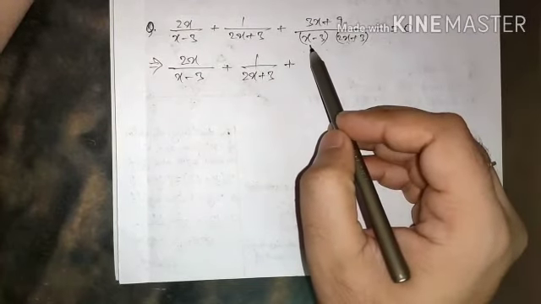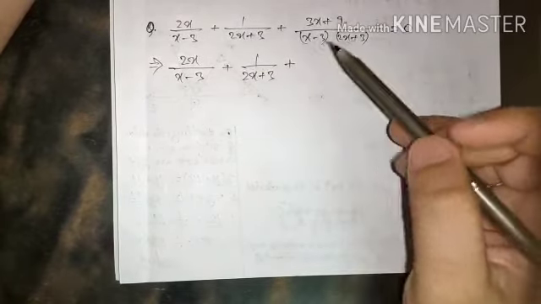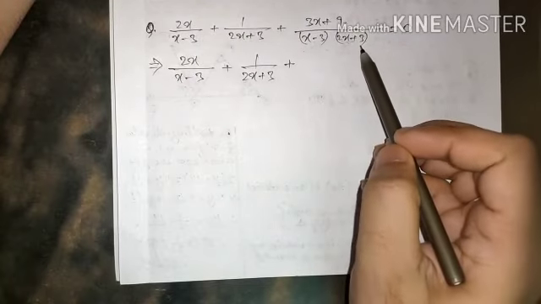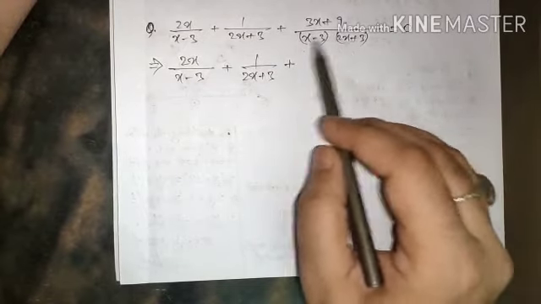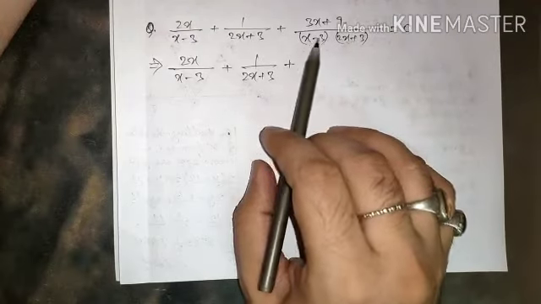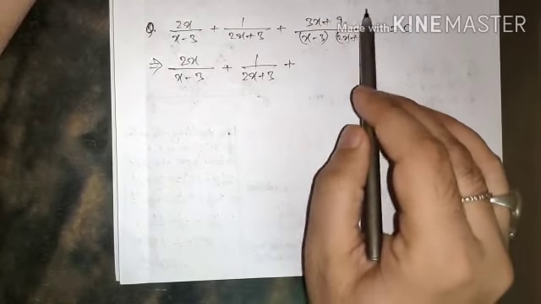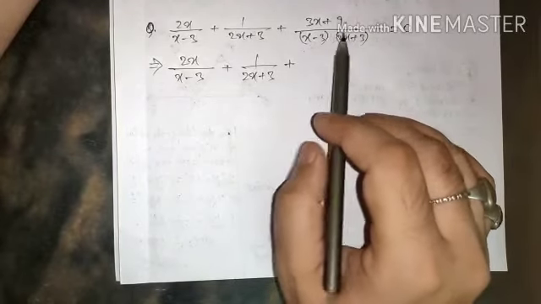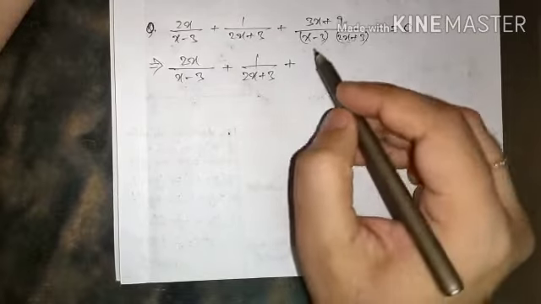Let's suppose we have 1 by x minus 3 and 1 by 2x plus 3 over here. I'm trying to make you understand. The LCM we take is x minus 3 and 2x plus 3, so the denominator will be like this, and this will get cancelled with this. This multiplies 2x plus 3 plus x minus 3. This result is not going to come, so in place of plus we do minus. This is just the way of understanding. Now I'm going to do it for you, and I hope you get it.